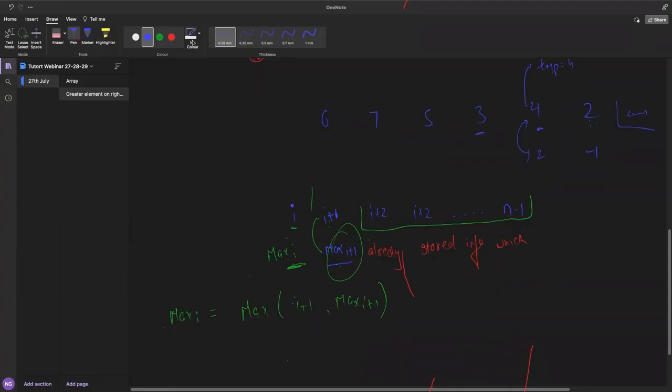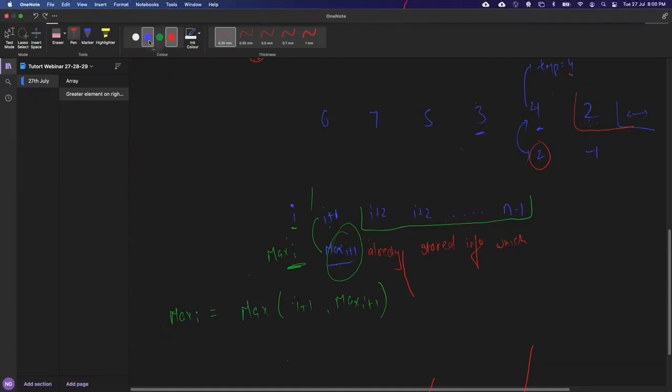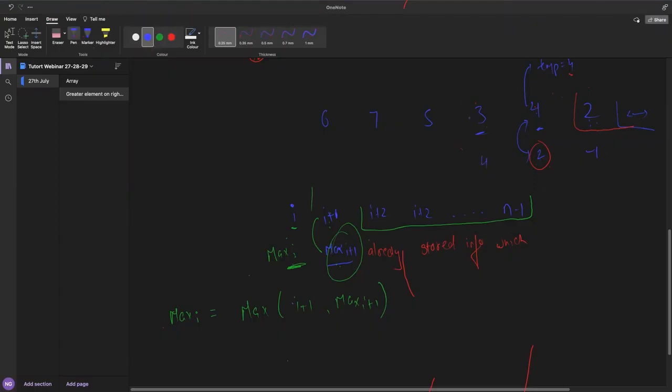What happens with 3? For 3, I already know that the next element is replaced by 2, and 2 is nothing but the maximum element after the next element. For 3, the next element is 4. After 4, whatever the elements are present, among them 2 is the maximum element. Now, I just need to compare this 4 with 2. Who is the maximum? 4 is the maximum. Okay. Now, I'm coming to 5. Now, this temp will hold 3 because 3 is going to be used in the next iteration, that's why I am keeping it in a temp because it is replaced by 4.